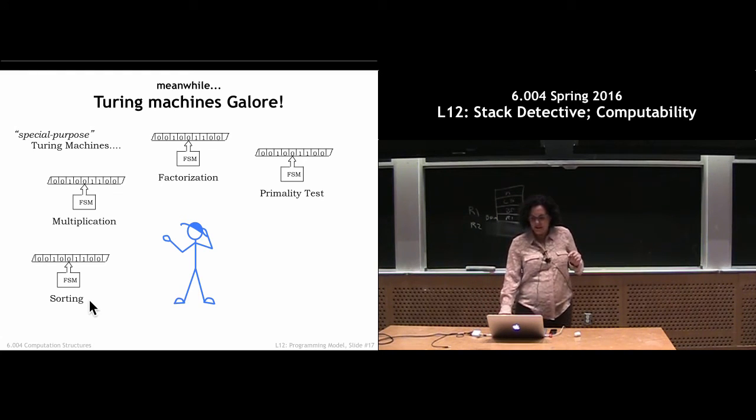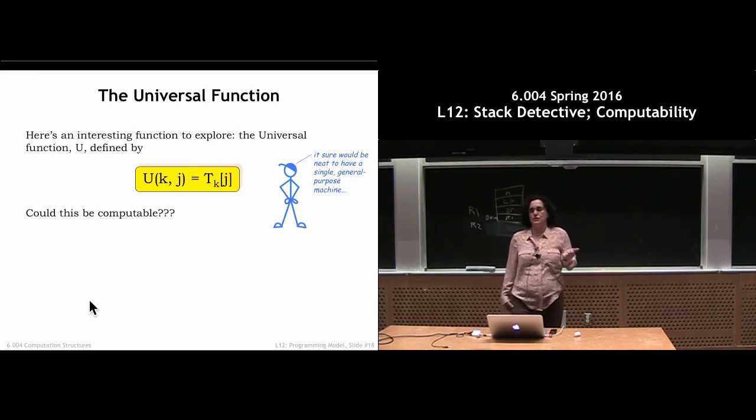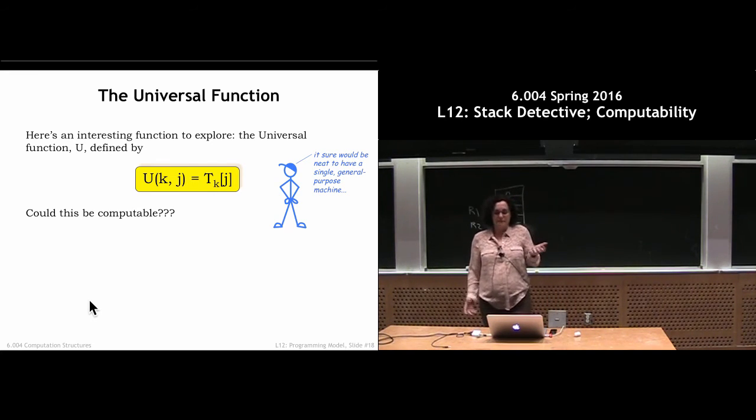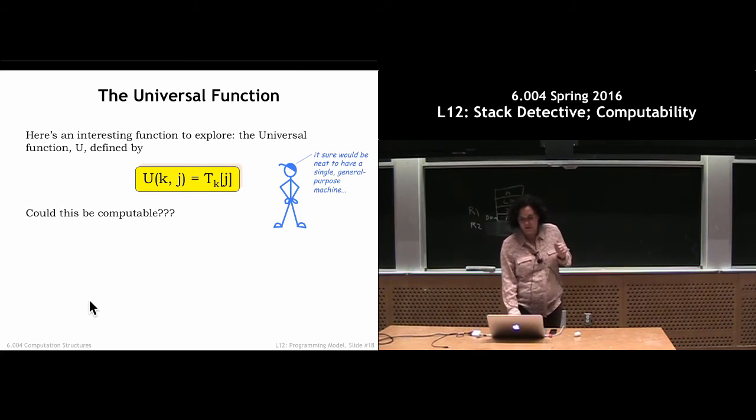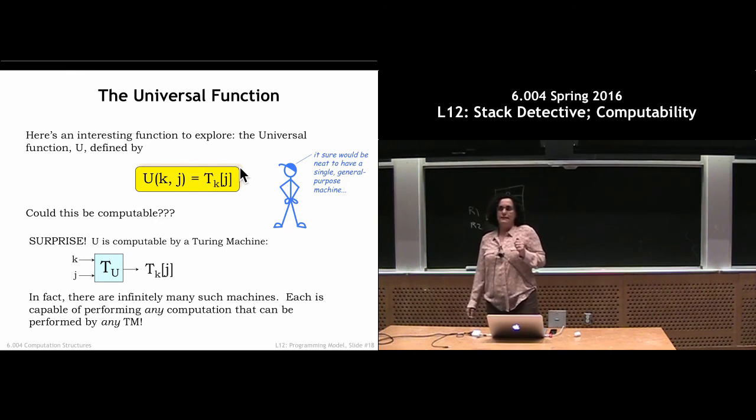Okay, and so this is where the notion of universality comes in. We want to identify whether or not there is a universal function, a universal Turing machine. Does such a thing exist? The way that a universal function would be defined is that given inputs k and j, you would want to be able to emulate Turing machine k running on input j. Well, it turns out that U is in fact computable, and in fact you don't actually need very much in order to create a machine that can compute all